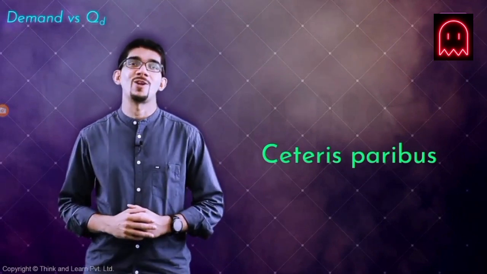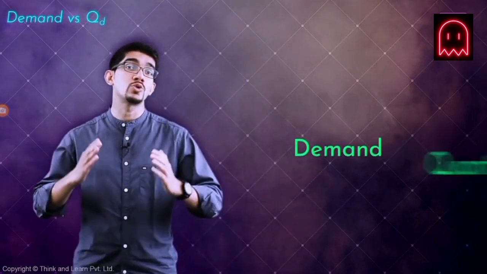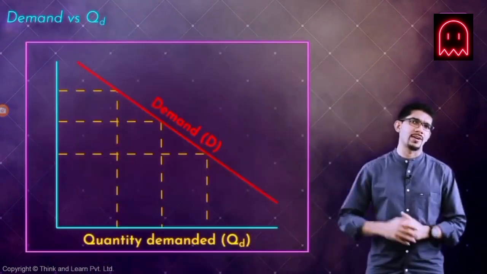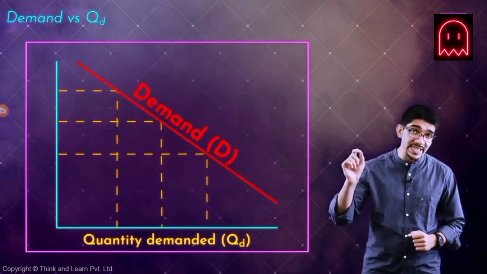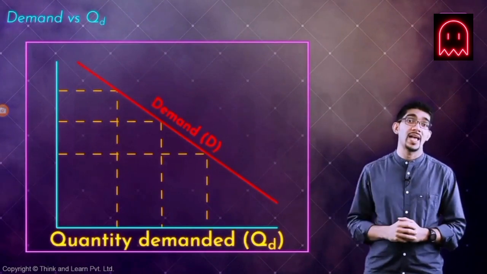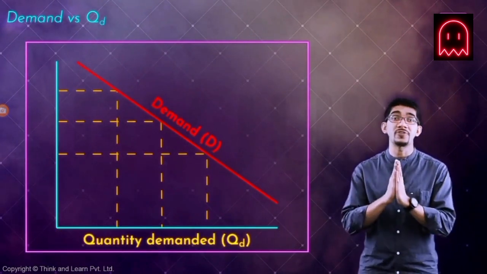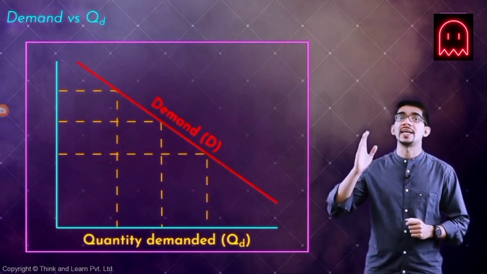Now it is time to unpack the ceteris paribus in the law of demand. But before that, we need to be very clear about two concepts. We have made repeated references to two terms till now, demand and quantity demanded. See them on the graph. One is represented by D and the other by QD. And it is important to realize that there is a difference between a change in demand and a change in